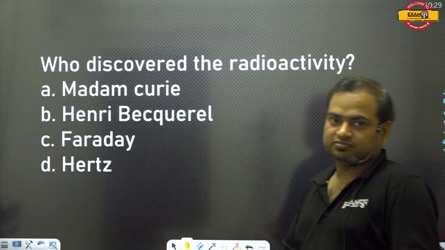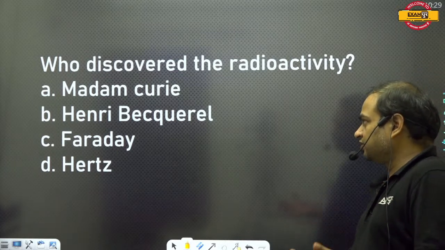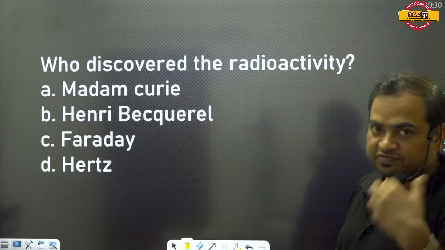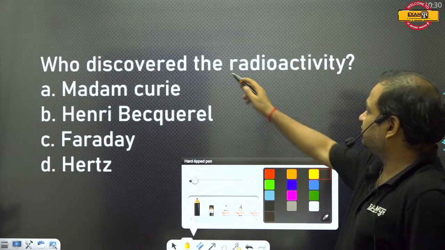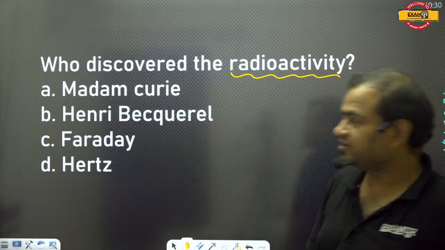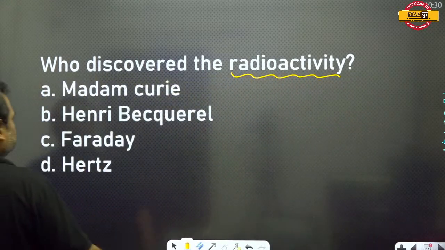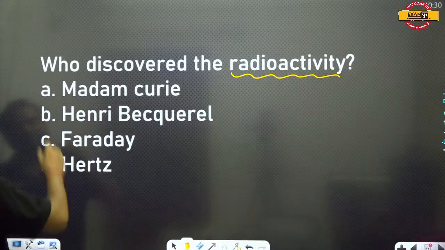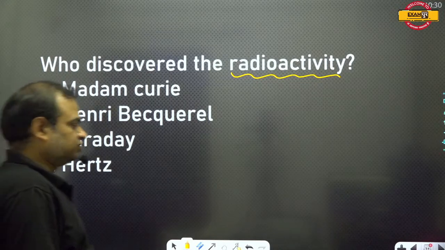And at that time they found that, and they told that there are some rays which are coming out from such type of materials, and this phenomena was later known as the radioactivity, and this was told by Madame Curie and Henry Becquerel. But still, in most of the books they just tell that Madame Curie is the correct answer, but actually the combined effect was both of these people. Okay, so